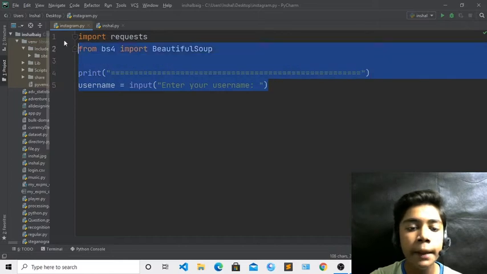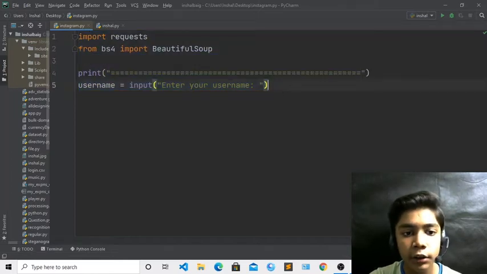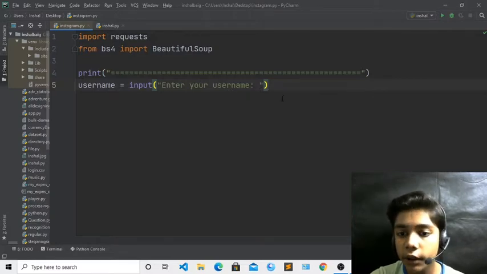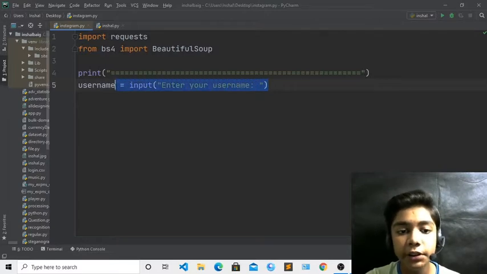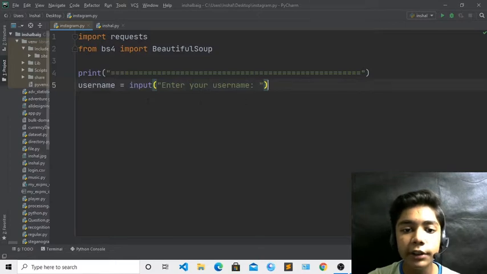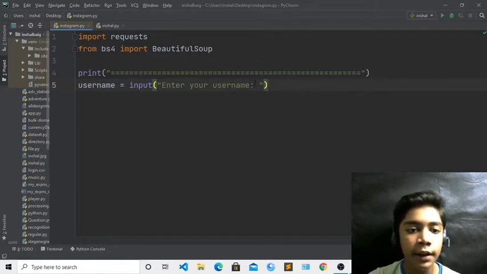I'm making the Instagram photo downloader, so first of all the user will enter his Instagram username. When the Instagram username is entered, it will get the profile picture which he has on his Instagram. I will show you how that is possible. It is really easy to do, but there are many tags over here, so we have to do it correctly, because if any spelling or any tag is missing, it will be a problem for you.